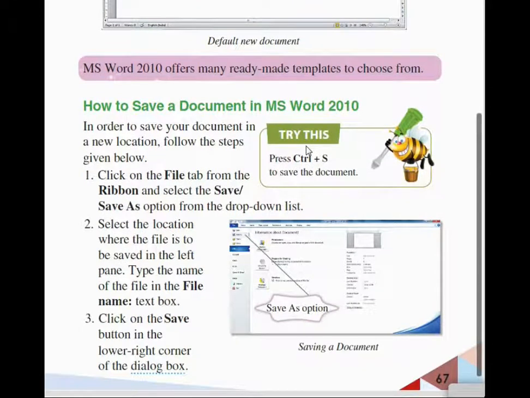Understand? And then we learned how to save a document in MS Word, isn't it? The way: click on the file tab in the left top corner. Once you click, a drop down menu will appear. From that you can choose the save or save as option.